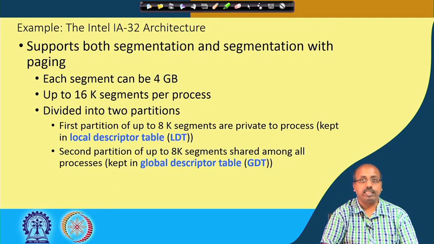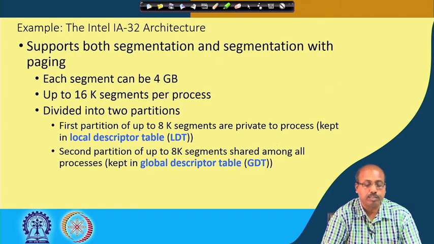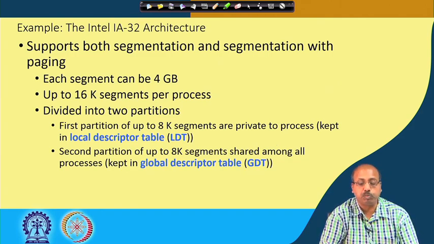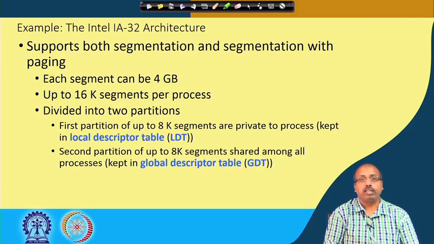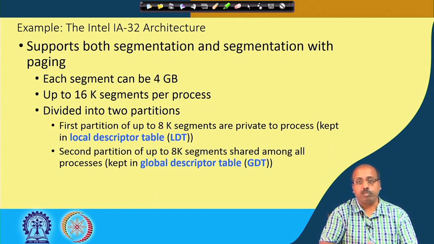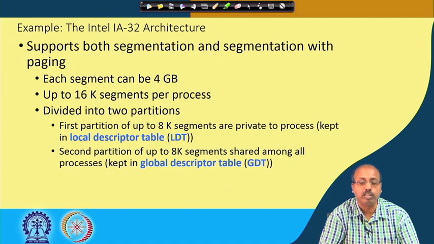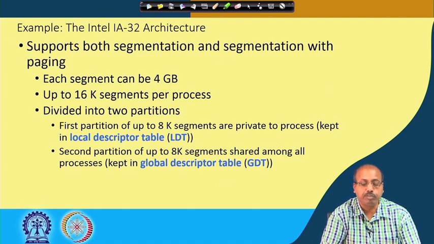Then we have the Intel 32-bit architecture. It supports both segmentation and segmentation with paging. Segmentation with paging means the segments are further divided into pages. The basic problem with segmentation was that the entire segment has to be loaded contiguously in memory. If we want to avoid that, we use segmentation with paging, where each segment is divided